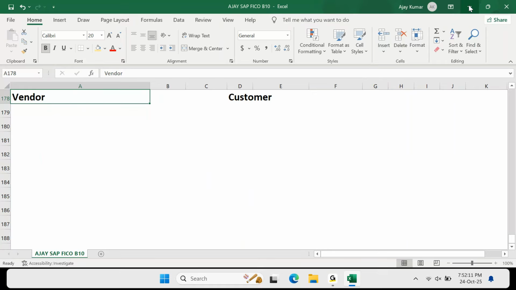Now you'll have to consider all these points in any project, in any discussion. Considering every point, you'll have to come to a conclusion. Okay, this is your current business process which is happening. This is the starting point, this is the ending point. These are all the things you're doing in between, from vendor creation until the report and all.